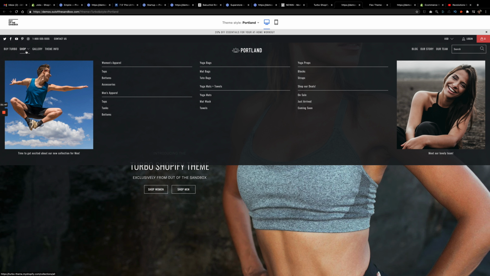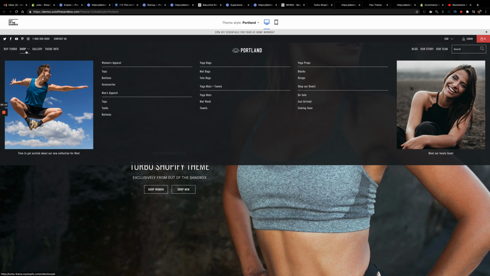Like, the mega menus in most themes are complicated, guys. Let me just tell you off the rip. They're complicated sometimes. And the more the mega menu offers, the more complicated it is to maneuver on the back end, except for Turbo. Turbo has a simplistic approach on not only making the mega menu outstanding, but also making it easy for you